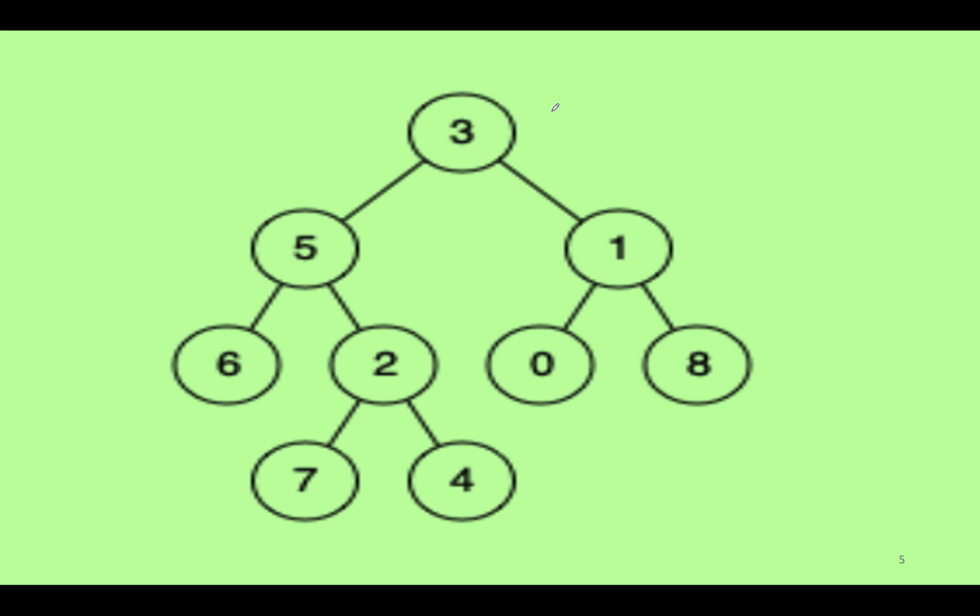Let's consider the same example. The root that is passed to us is 3, and the two nodes that we want to search are 6 and 7. Now we'll check whether the 6 node is equal to the 3 node. It's not. Is the 7 node equal to the 3 node? It's not. The first condition is not met.